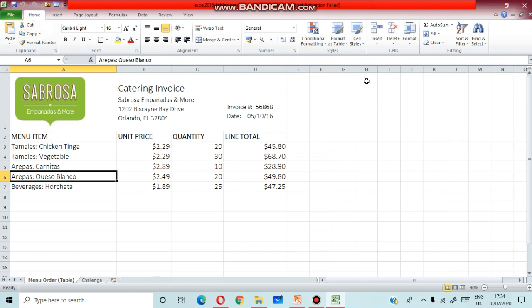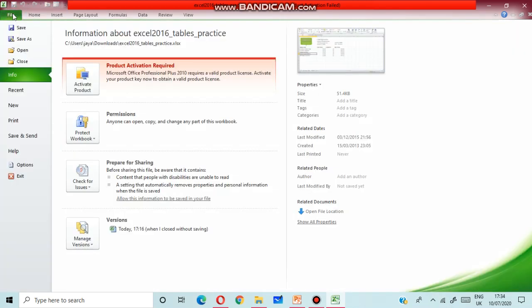When you click on MS Excel, you can see there are different types of tabs. Go to the File tab. There you can see different options: save, save as, open, close, information, recent, new, print, save and send, help and options.